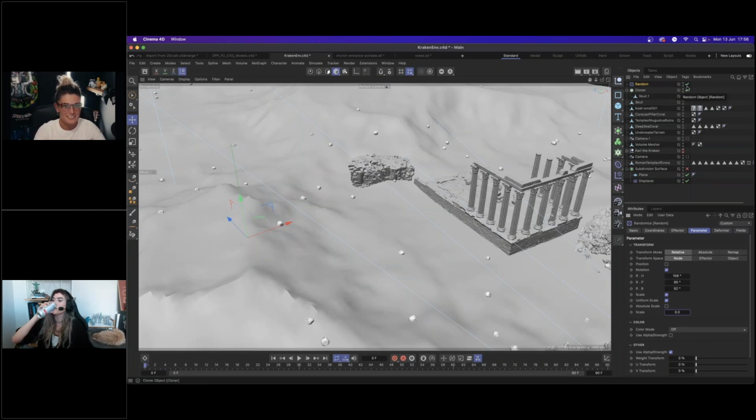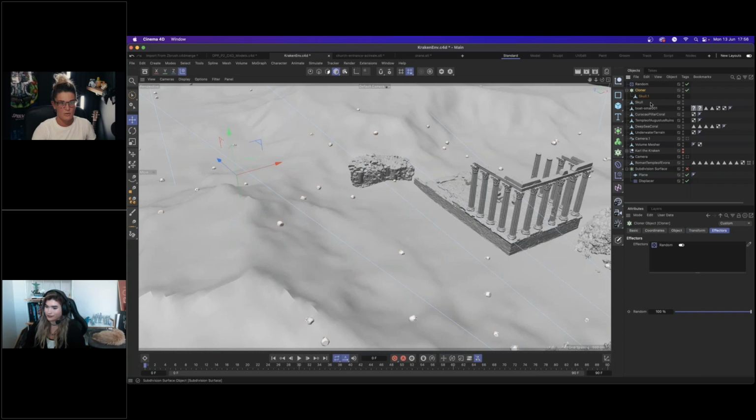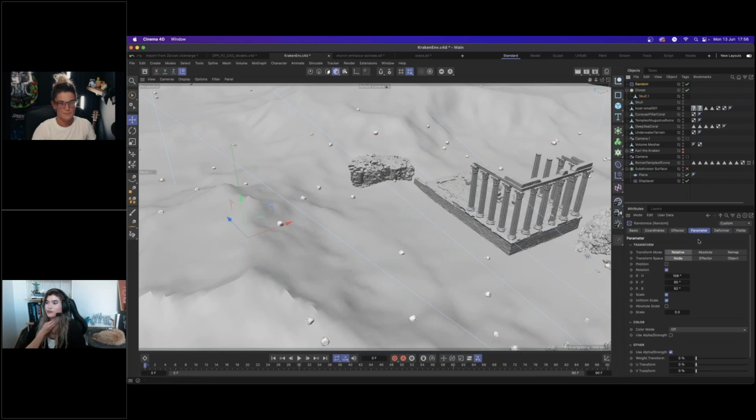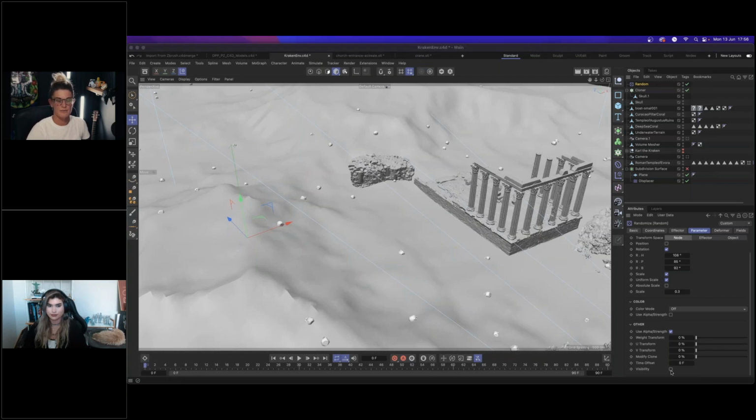So for what Anna's saying, yes, absolutely, we could paint an area. We could even paint a vertex map, and then drop that inside of the... how would I do that actually? I could control the visibility with that vertex map, so then they'd only be visible in the area that I paint. So we could do that. But yeah,